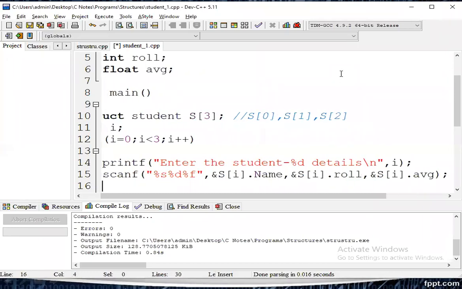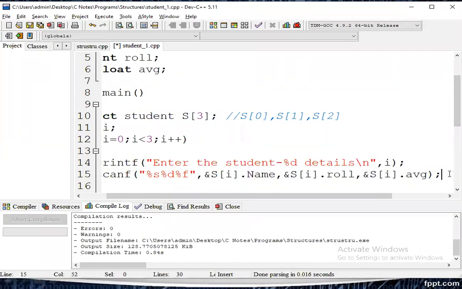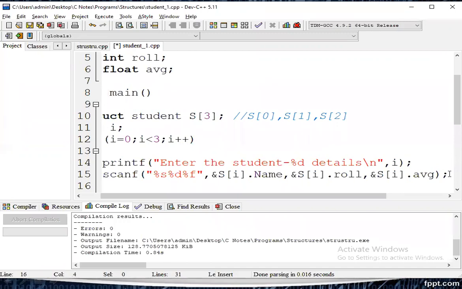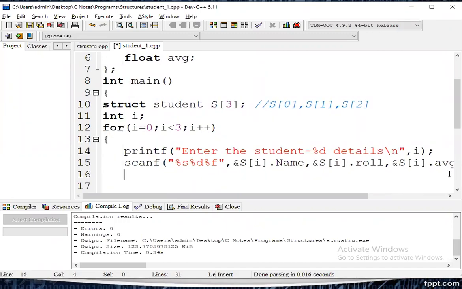So the first member is the name. How can we access it? Now i equal to 0: S of 0 dot name, S of 0 dot roll number, S of 0 dot average. Then i is incremented to the next one: S of 1 dot name and so on, S of 2. Like that, we can provide the data to all the students.